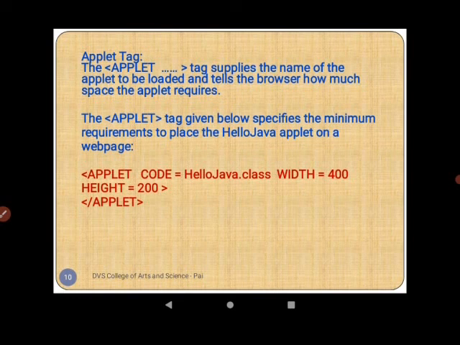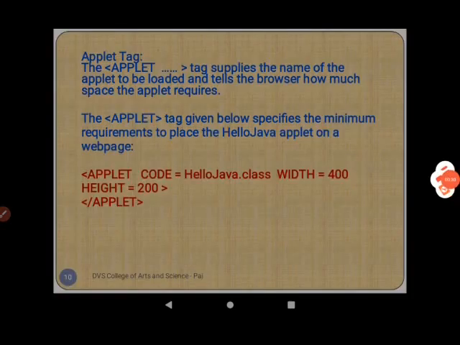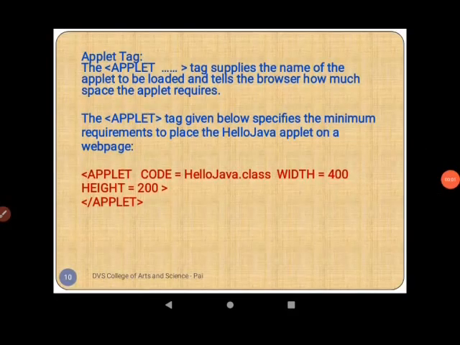Angular bracket open, applet space code is equal to hellojava.class space width is equal to 400, height is equal to 200, angular bracket close, and applet closing tag that starts with angular bracket open slash applet closing bracket. As you can see, we are specifying the height and width of the applet screen to display the output of hellojava.class.